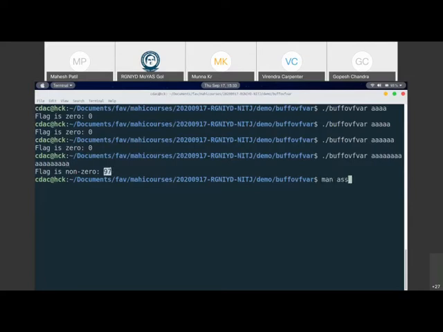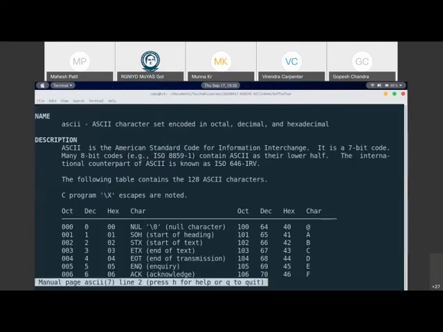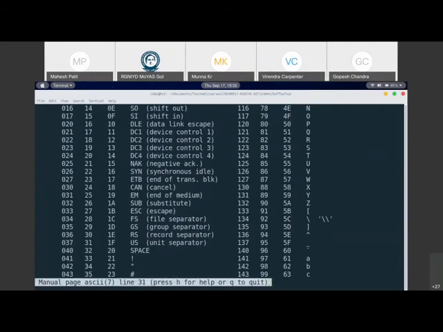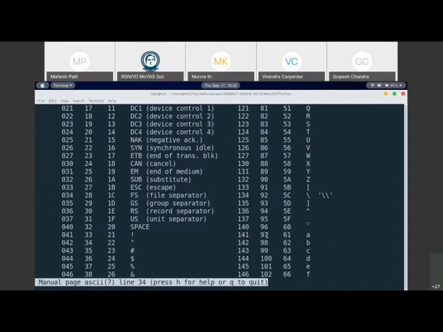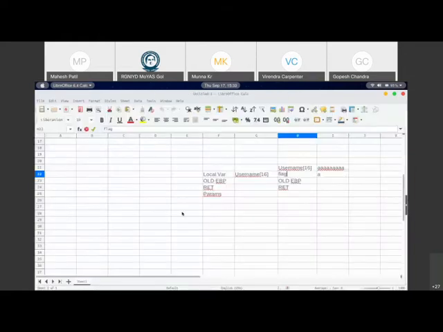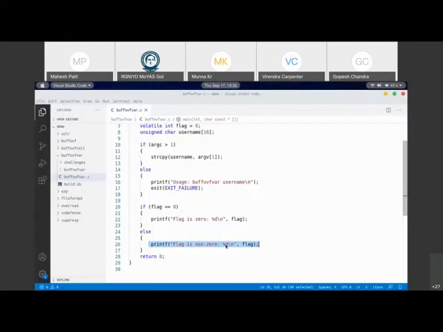So if you look at the ASCII chart, the decimal equivalent 97 is nothing but character A, and that is precisely what we have got. So when we pass character A and print it out as a decimal value, it is going to be 97, because in the program we are printing it as a decimal value, %d. This is what the whole game is about.